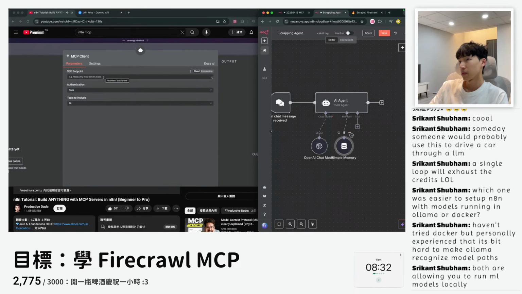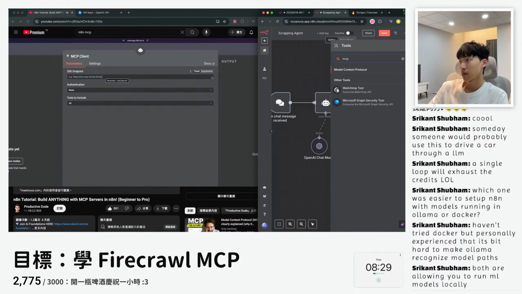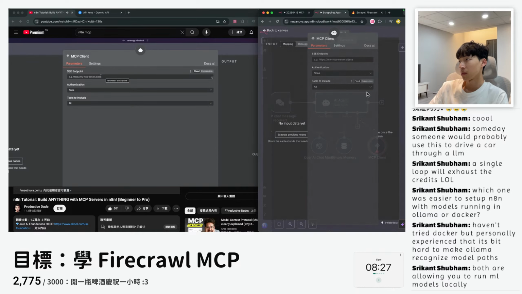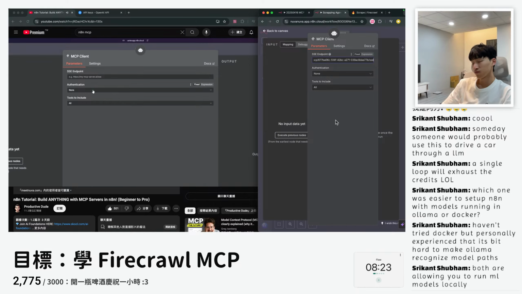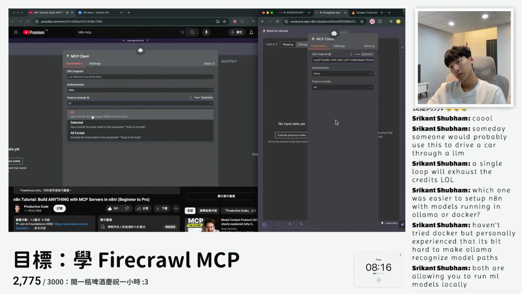So before, I copied that webhook and I ended up not saving that webhook. But the nice thing is we can always go back and grab that. We can also hook up our authentication for that if we did set up authentication over there. And we can decide which tools we want it to use. So we already have one tool. We have the scrape tool.